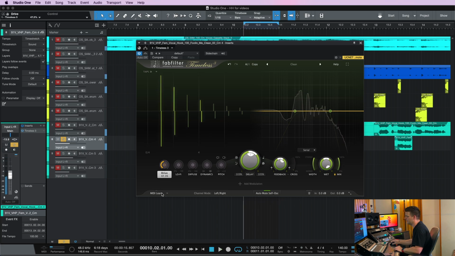Baby, baby, baby, baby, baby, baby, baby. So a cool effect we can use to, make it a grittier delay or even an